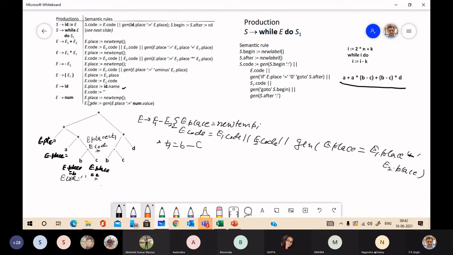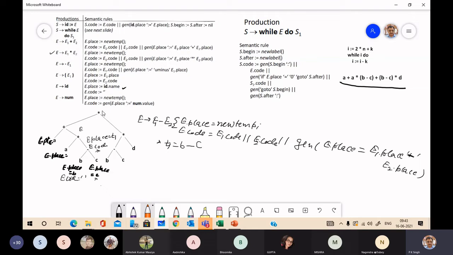Next, it will perform A into this result, that is T1. Okay, so it will use this very production to reduce. So just see, again for this E, it will compute E place is new temp. E place is new temp means now here the new temporary is E place.